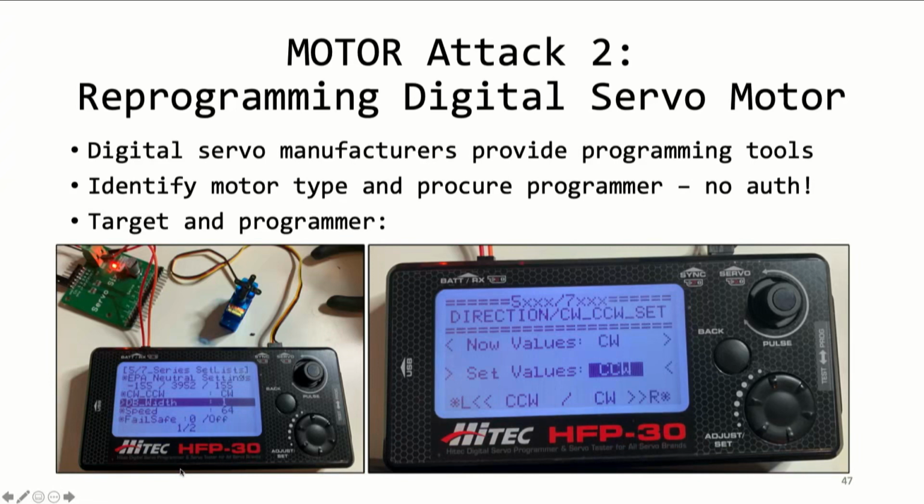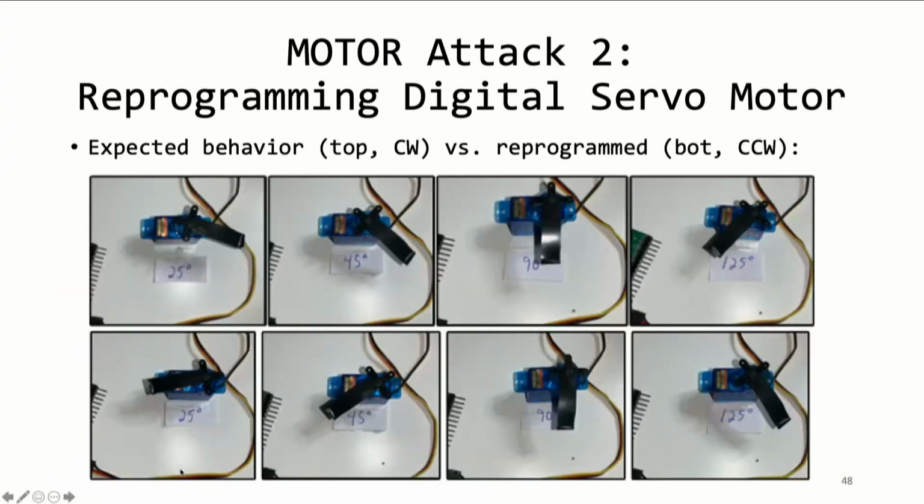In the right picture, we show how easy it is to change the servo's direction from clockwise to counterclockwise. This change is permanent, really, until somebody fixes the motor or until it's reprogrammed again. So basically, these pictures show the results of changing the direction. The top pictures, we have a motor changed in software to 25, 45, 90, and 125 degrees. And then we flipped the motor from running clockwise to counterclockwise, and we just ran the same script again, 25, 45, 90, 125 degrees. You can see that basically